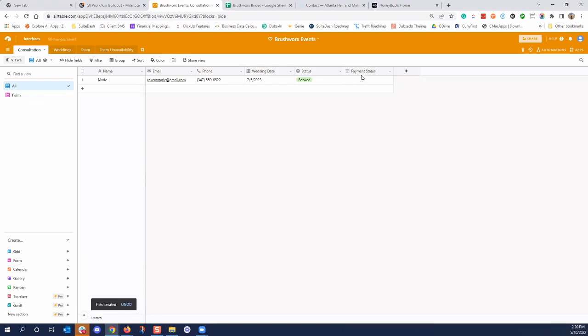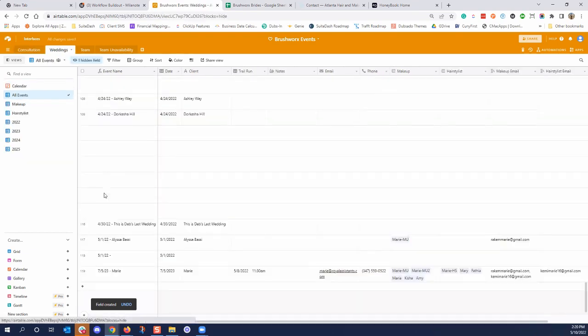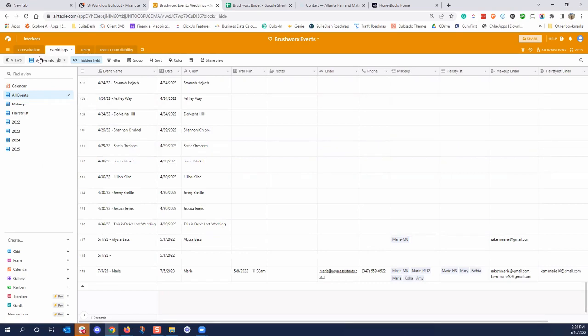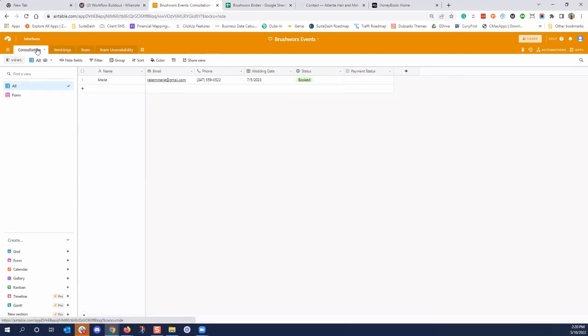Because when they're booked, they're going to be added onto this spreadsheet here. It'll automatically add it once we hit booked. Once you hit book, I'm going to set it so it automatically adds it. So that will give you that segregation of, oh man, I have to add this again. You don't have to do that. So consultation will have every single lead that comes in, every single one. And then once we hit booked, it goes over to the weddings part. Yes. Awesome. And that's what's going to trigger this page here.